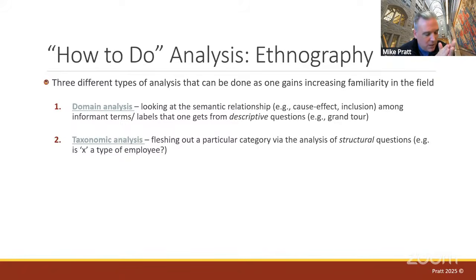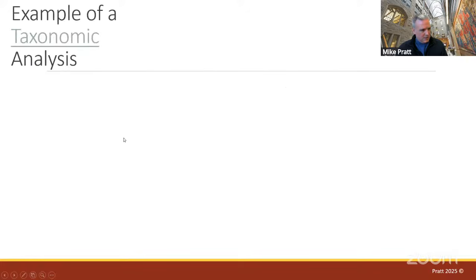What happens here is you get these from answering structural questions. And again, in an ethnographic approach, you're going to do multiple interviews with the same person. You start with descriptive questions, then you move to structural questions, and then you move on to other questions as well, contrast questions. So for the second part of your analysis, now I have an idea: distributors mean a lot of different things. Well, can I get some order out of that? I know I had upline, downline, all these things. How did that all fit together? So I could do a taxonomic analysis.